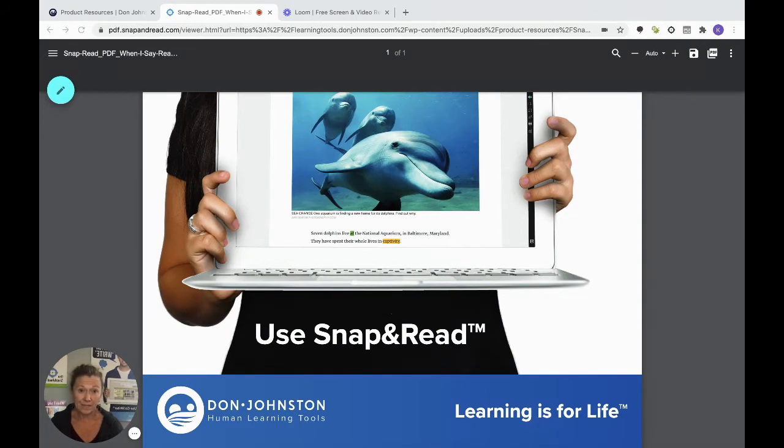If you've given access to all your students, this tool can be easily integrated into your daily classroom setting and even into your curriculum. The tool can be used with student assignments, tests, worksheets, reading sessions, therapy sessions. There are so many things to think about with this tool. As you've probably gone through the features of Snap and Read, this will help you decide how and what parts of Snap and Read you want to incorporate.